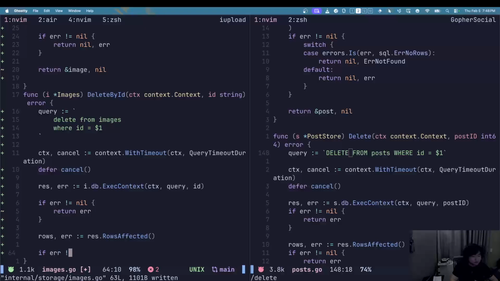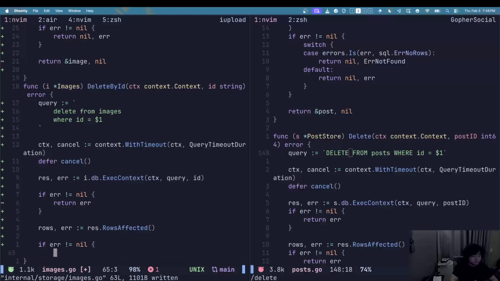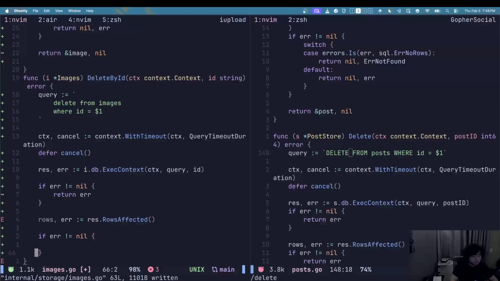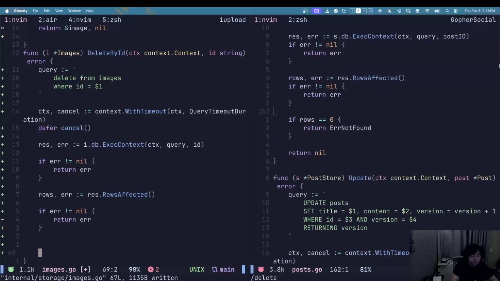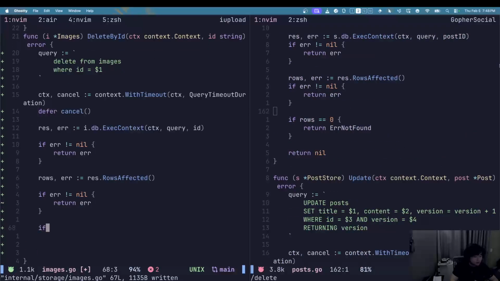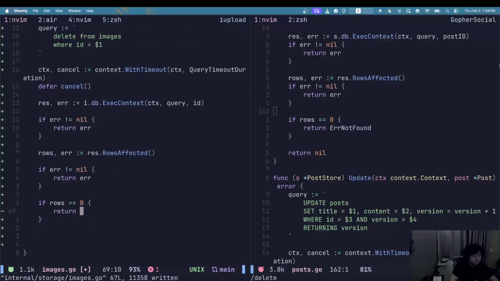If error does not equal nil, return error. And then if rows equals 0, rows error, rows not found,